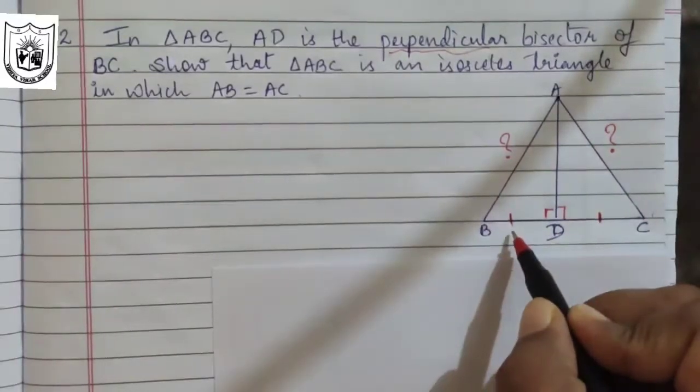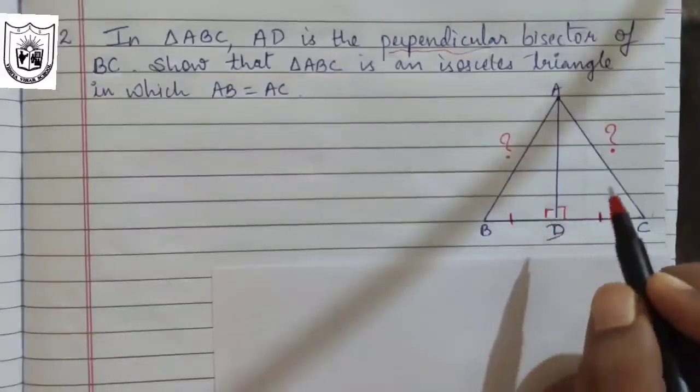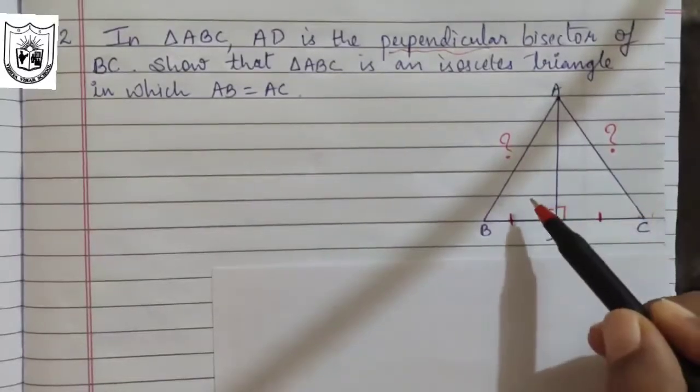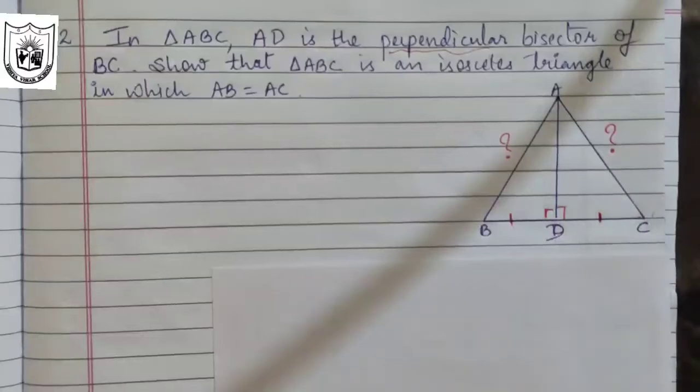Now we have one side here, we have one angle. You have to observe the triangle and check if we can get some more common side, common angle. Since the two triangles are joined, what we can do is separate them. We'll separate them and see if we get any common side.